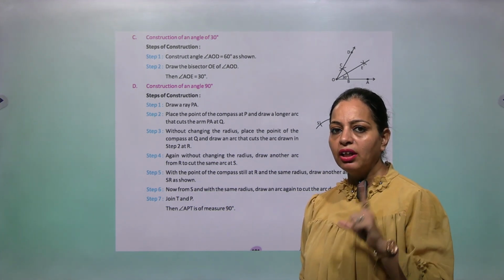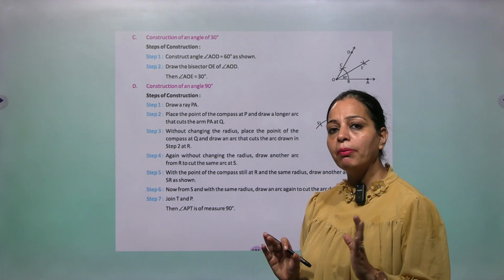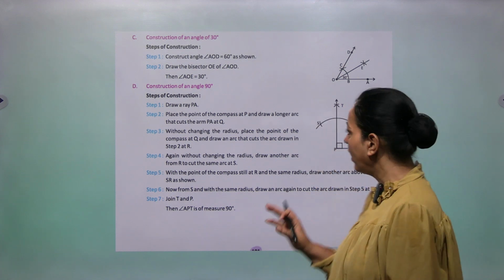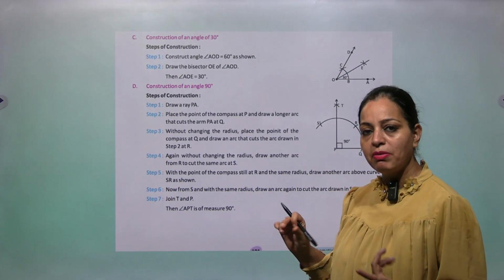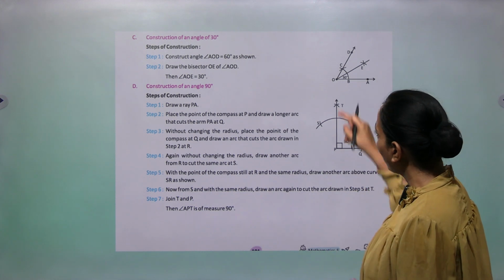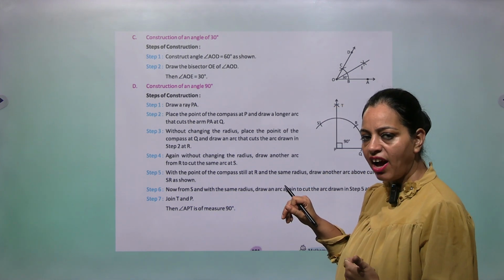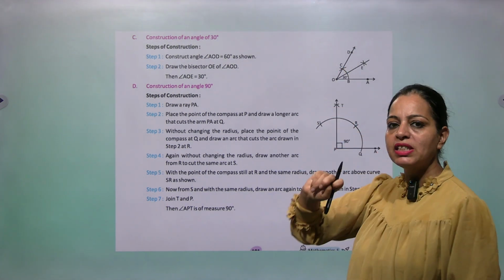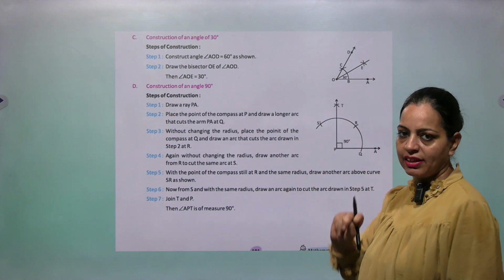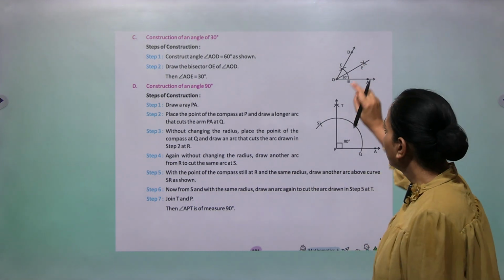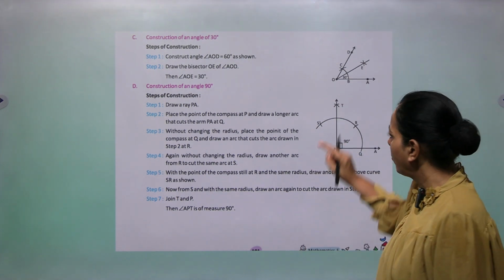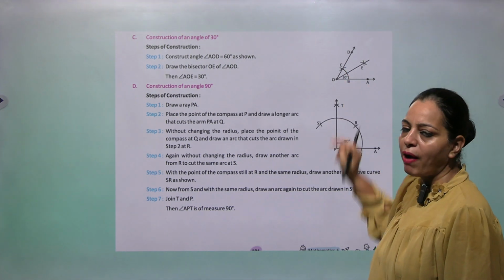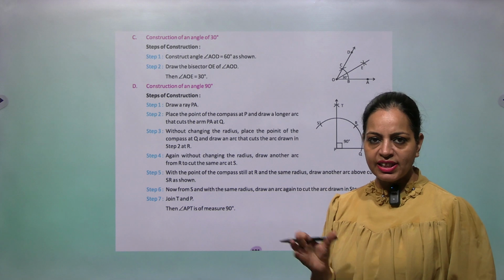60 के बाद हमें 30 करना है। अब 30 इज द हाफ ऑफ 60। जब भी हम किसी एंगल का हाफ करते हैं तो हम क्या लेंगे, कहां से हम आर्क्स लेंगे, एक आर्क हम लेंगे 0 से, मींस फ्रॉम द बेस, एंड वन आर्क फ्रॉम दैट एंगल जिसका हाफ करना है, 60 का हाफ करना है तो 60 से। सो वन आर्क फ्रॉम B एंड वन आर्क फ्रॉम C, दे विल इंटरसेक्ट, और जहां पे वो इंटरसेक्ट करेंगे दैट पॉइंट इज E। अब हम लाइन ज्वाइन कर देंगे, सो इट मींस देयर आर टू पार्ट्स, यू कैन सी ईच पार्ट इज 30 डिग्री, बिकॉज टोटल 60 था तो